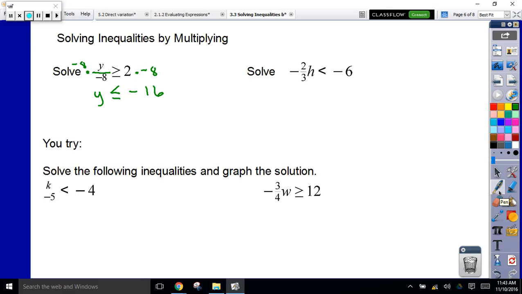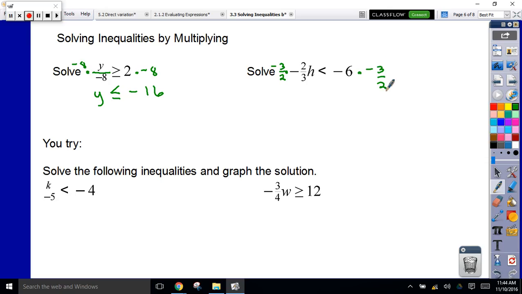Okay, what about the next one? I have a fraction in front of my variable. How do I get rid of a fraction in front of a variable? David? Okay, anyone? How do we get rid of a fraction in front of a variable? Angelina? Switch the fraction. What do you mean by switch the fraction? Like 3/2. 3/2. Good. We multiply by the reciprocal. Good. So we're going to multiply by the reciprocal, which is 3 over 2,